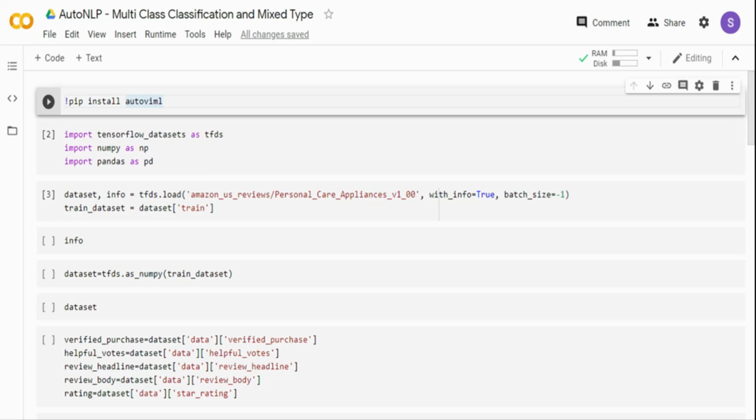Hi, in this video, we are going to see automated multi-class classification on mixed data type. So when we talk about text classification, typically we have a bunch of text and a target label. Based on the incoming text, we create a model to learn on the target label and finally predict on the target label. We typically perform all the NLP steps like tokenization, stop word removal, stemming, and then maybe a TF-IDF model or even a complex model to classify on the target values.